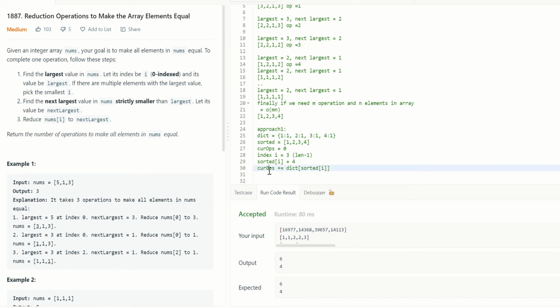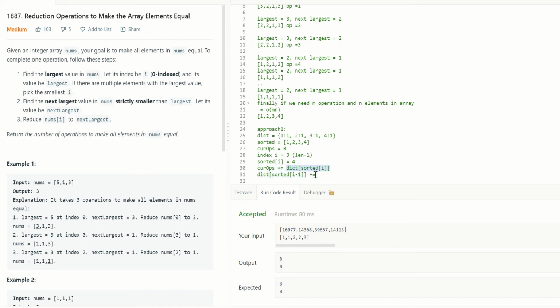What we are essentially going to do is, we have the dictionary of sorted of I, and whatever minus 1 it is, we are going to add that with this.